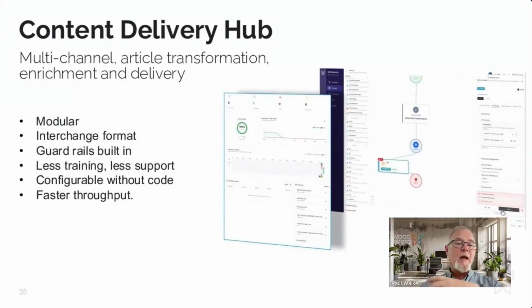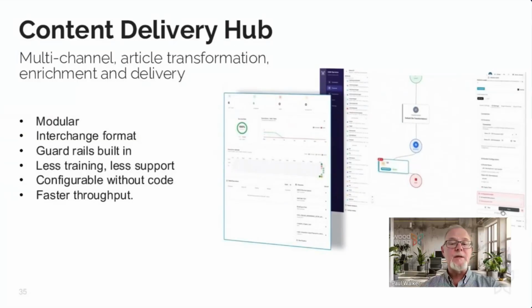So what we've done now is we've brought together a new interface. So much easier to configure, join the dots together. And also, again, a big key feature in this is guardrails. Before I show you a little video on some of the guardrails that we've got to make sure that configuring this and using this is much easier than it was in the past, we also have an